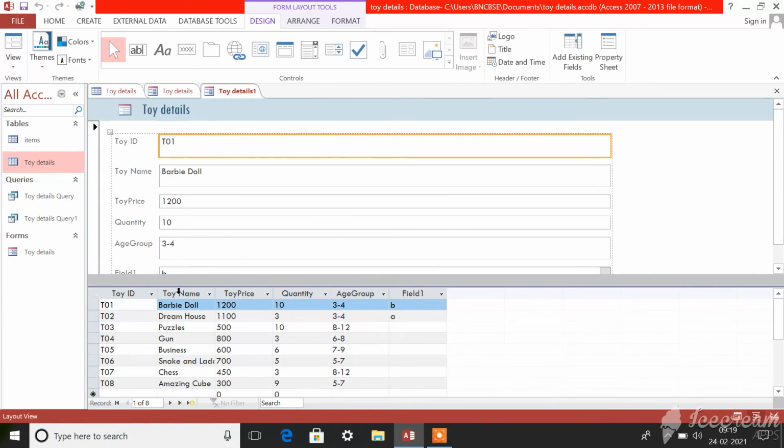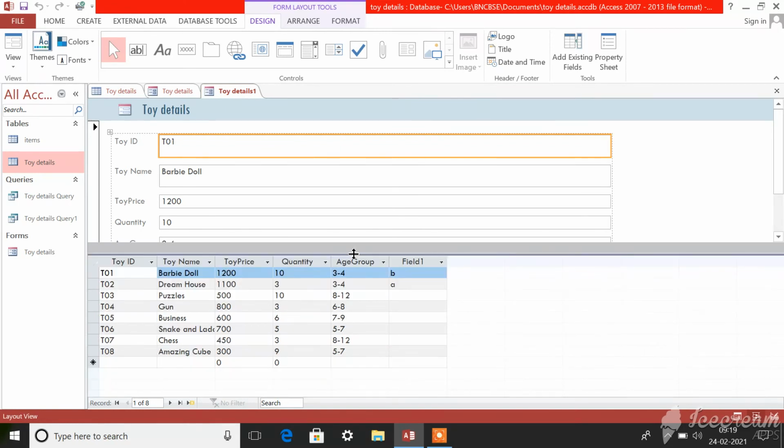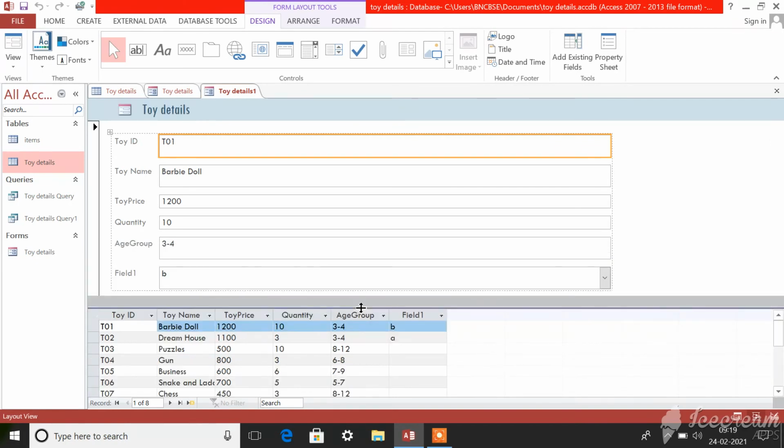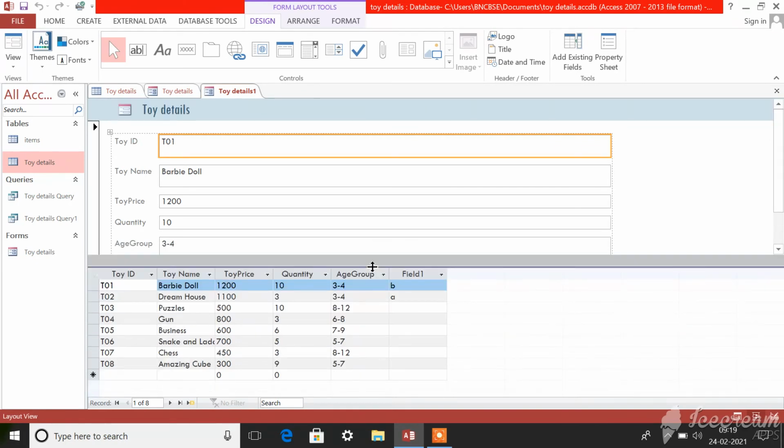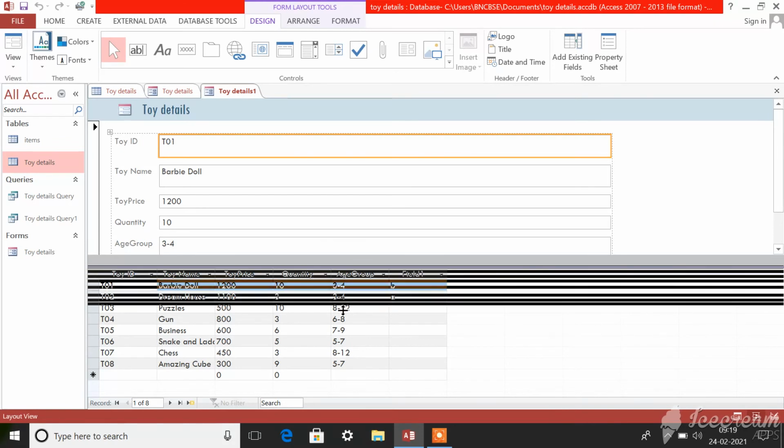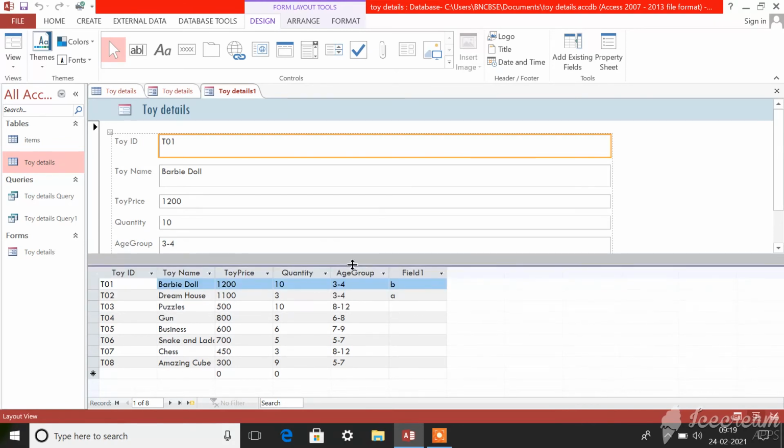Your screen is split into two, and in between you have a bar, isn't it? This is an adjustable bar. You can adjust it according to your wish. Just come near this bar, and when it shows this plus sign, double click, use your mouse and drag up or down according to your wish.